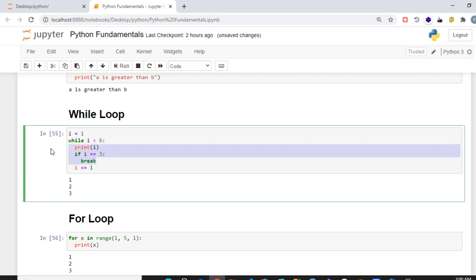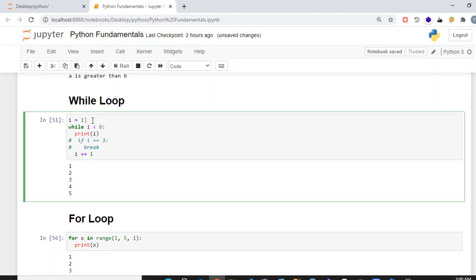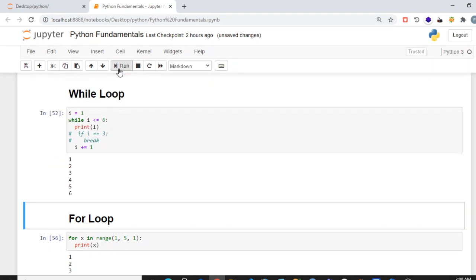So if I run this code, it will print the loop: 1, 2, 3, 4, 5. It has printed till 5 because we have started it from 1. If I had started it from 0, or used the condition less than or equal to, then 6 would also be included.